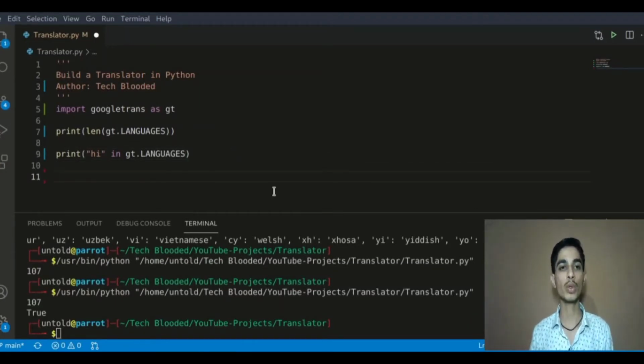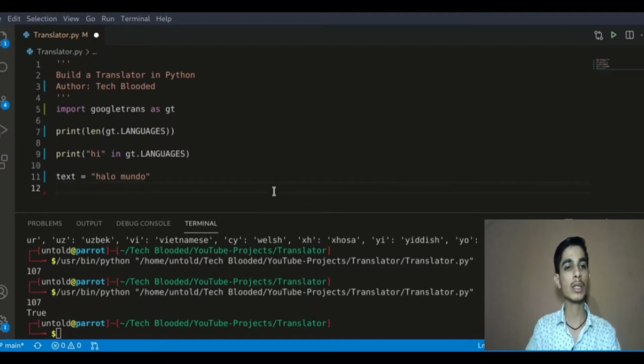So our main motto is to translate text from one language to another language. So let's translate Spanish text to English. So text equal to 'hello mundo'. This is Spanish text. So let's translate it into English. To translate it into English, we need to generate a translator.